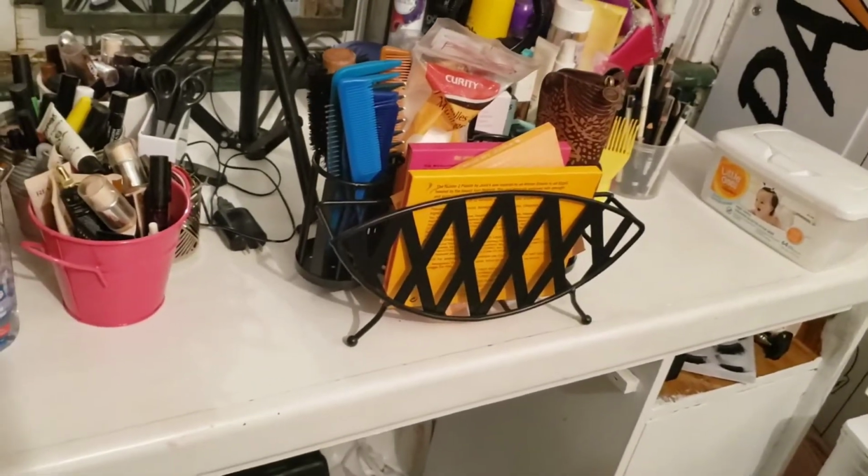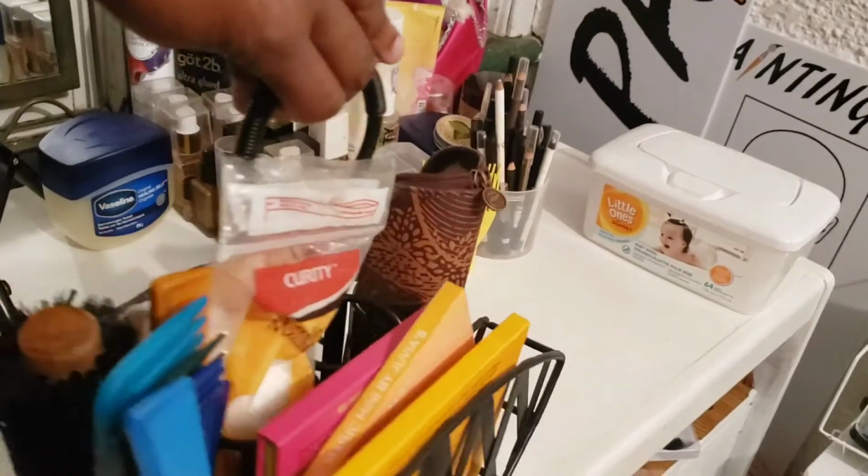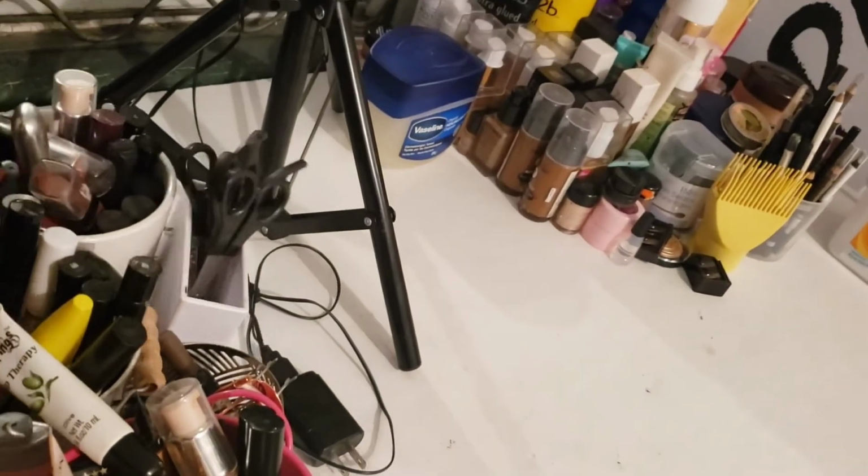Really affordable, as you can see, and it has quite a bit of compact storage area, so you can store a lot of things in there as well, and it still looks cute and presentable on your table. Okay,